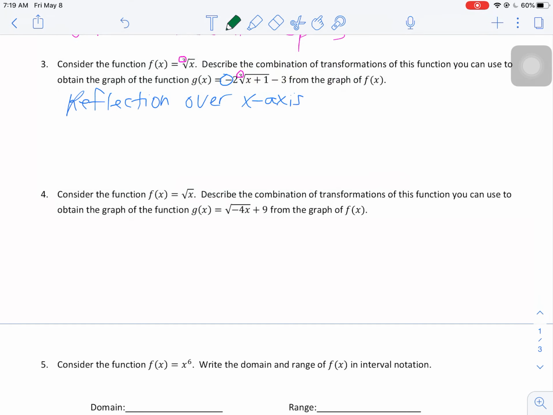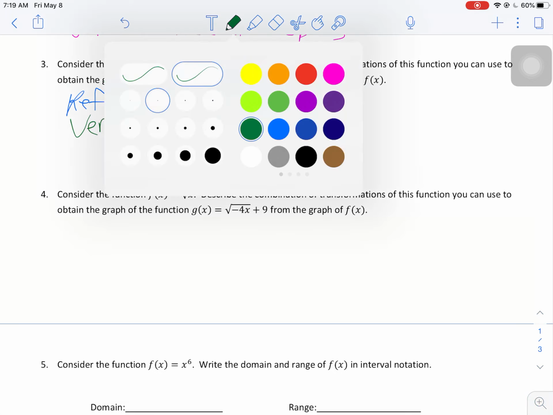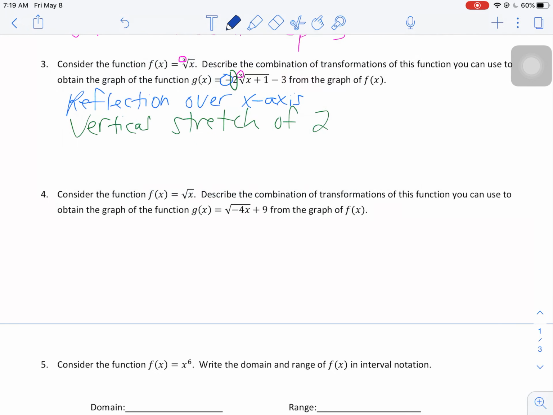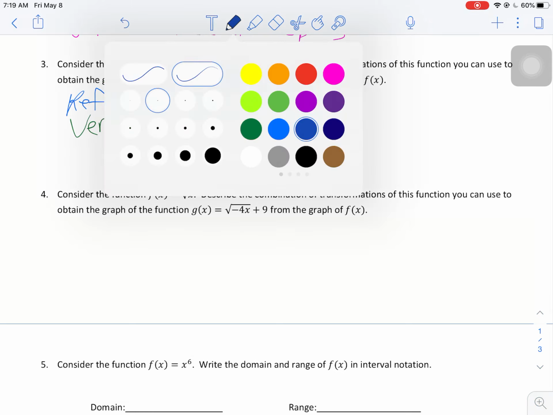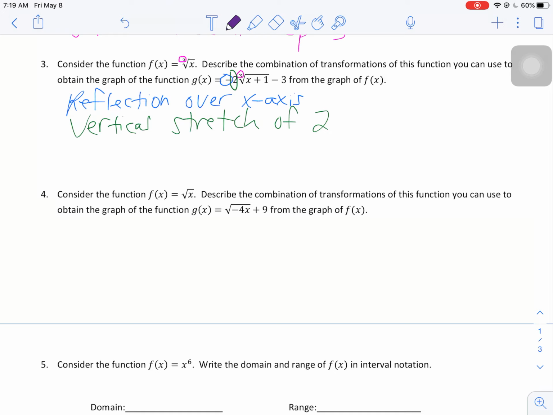The 2 is your vertical stretch, because if your A value is larger than 1, that's your vertical stretch, as opposed to a vertical compression. So vertical stretch of 2. And then inside the parentheses, this +1 makes us go left 1, because your horizontal translations are always the opposite of what you think they should be. So horizontal translation